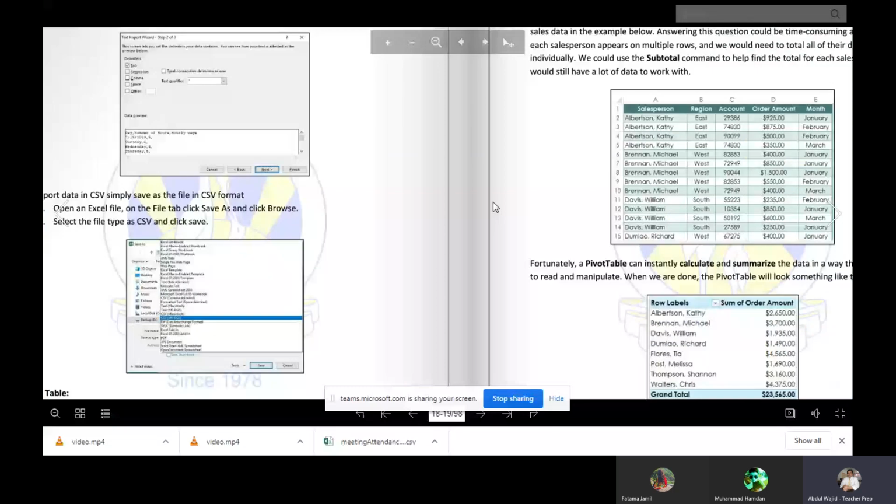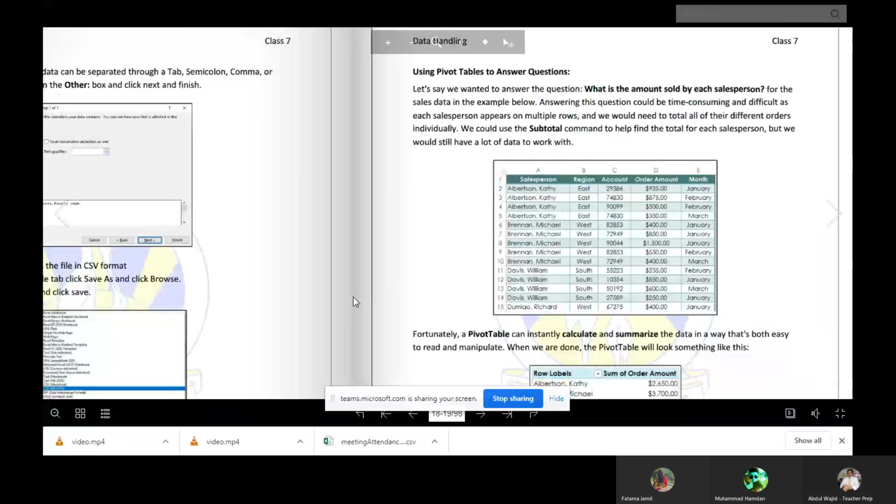Now we will go through how we will use it. Using a pivot table to answer questions. Let's say we wanted to answer the question, what is the amount sold by each salesperson? Now I want to see only which salesperson sold what amount. Answering this question could be time consuming and difficult as each person appears on multiple rows.